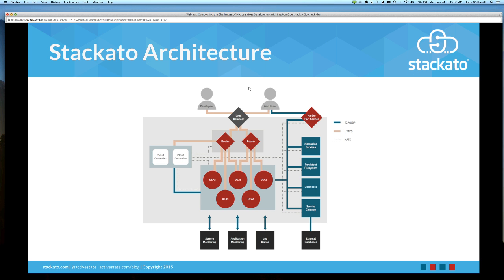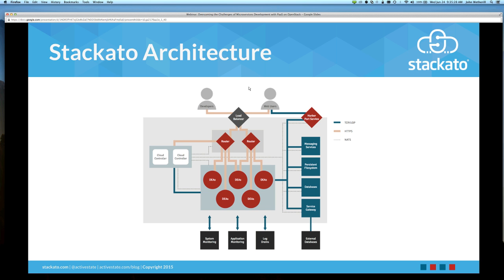And we have routers above that are load balancing or routing between each application instance. So you might have a single app deployed that has hundreds of instances out there, and the routers will load balance between them all. A very important component is the cloud controller. This orchestrates the entire PaaS. It exposes a RESTful API that you can use to access and query and manage the PaaS itself.